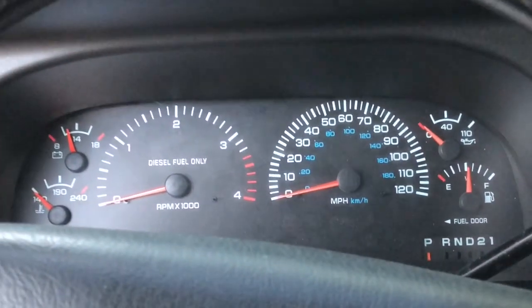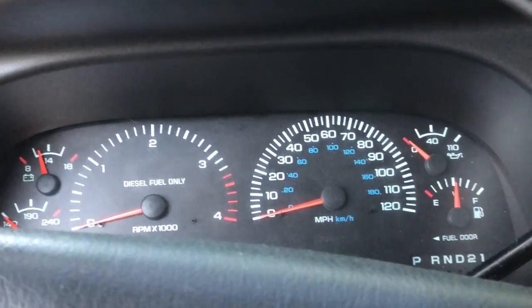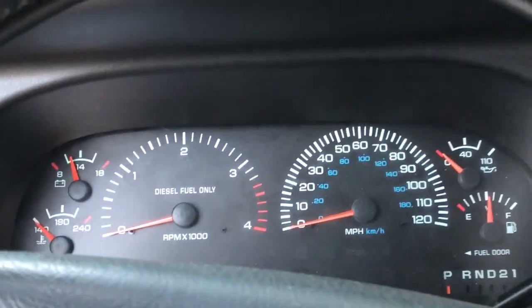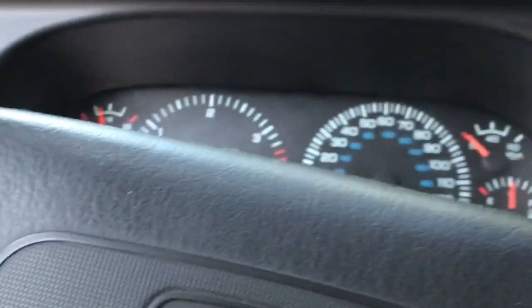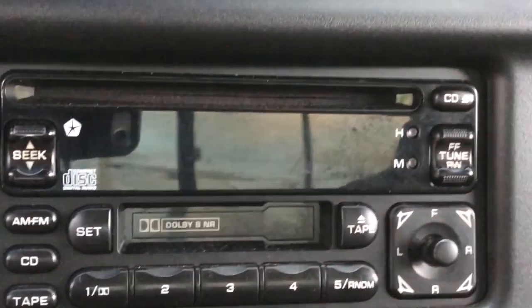And the gauge cluster seems to be cooperating with that too. Prior to this, when I would plug the connector in, it would get pissed off. The ABS light, the airbag light would come on, and then the odometer would be blinking, and I'm still keeping my fingers crossed, even though there's not really any pinching points. But the thing is, there's no digits, but